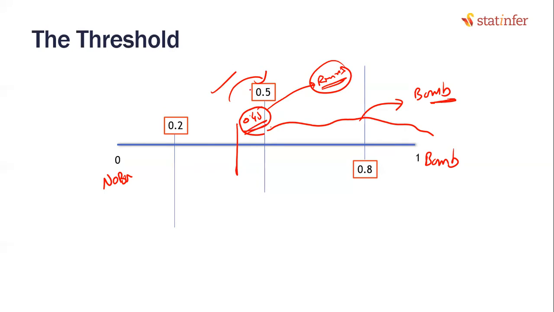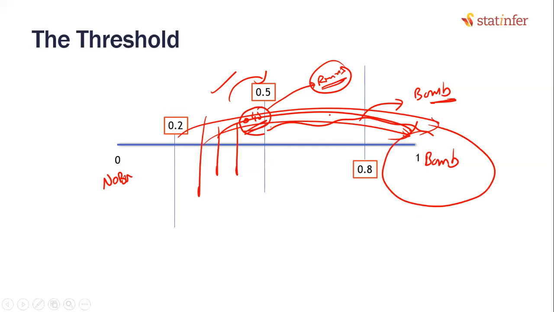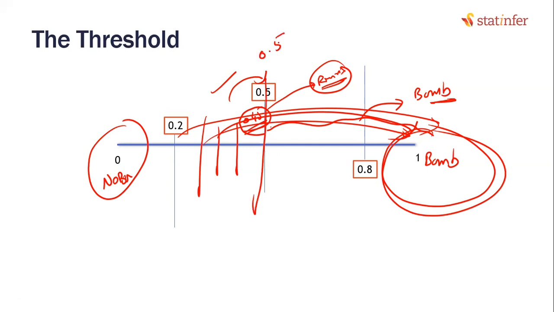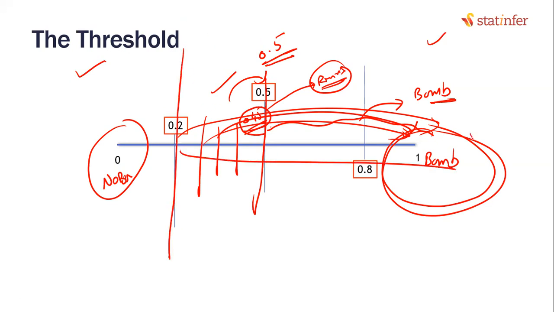0.45 has to be taken into consideration, isn't it? Even though there is a low chance, you still want to classify it as class 1? Yes or no? Even though it is 30%, you still want to call it a bomb. Even though it is 20%, because this is very rare for us. Yes or no? If this were equal to the other one, then I would have given equal preference. By keeping the threshold at 0.5, you are giving equal preference to both the classes. By keeping the threshold at a lower value, you are giving more preference to this one. In some cases, it is important for us to give more preference to this class. That is why we are reducing the threshold.